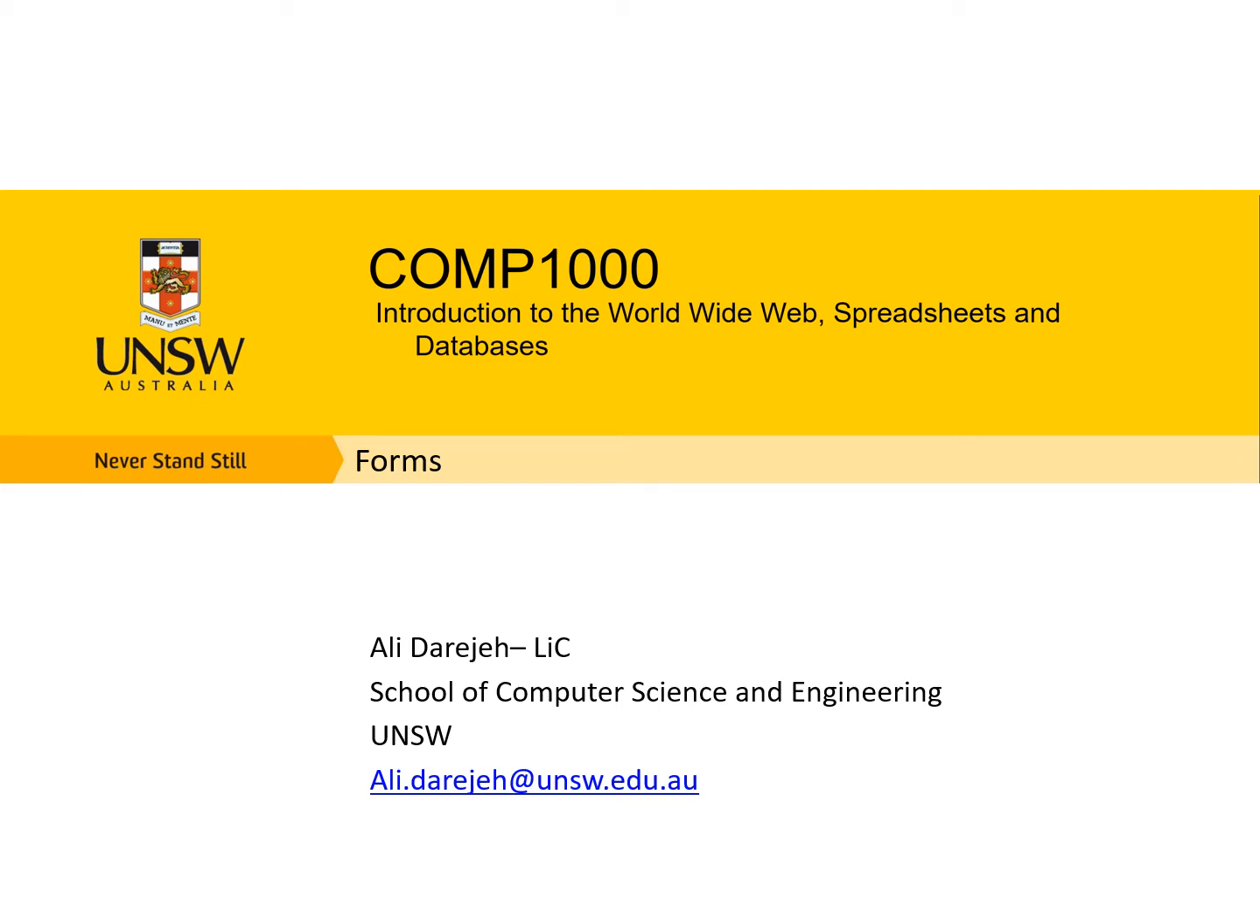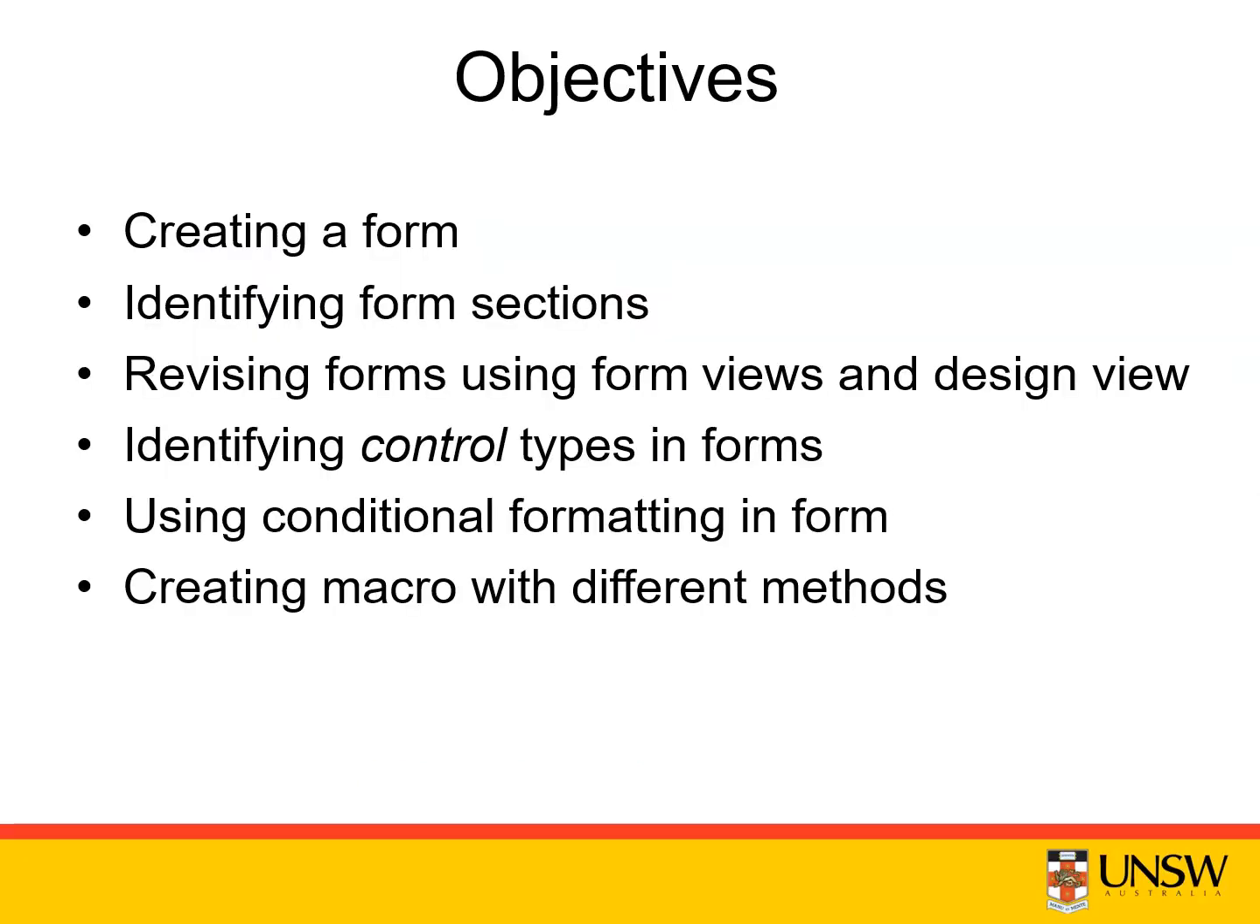Hello everyone! In this lecture we will talk about input forms. You will learn how to create input forms for your tables and different options to customize your forms. We will also talk about different elements that can be added to the forms and how to make the elements